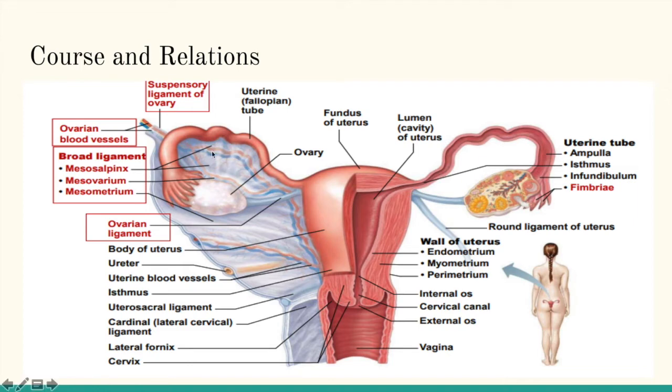The ligament which is present between the fallopian tube, known as the salpinx, and the mesovarium is known as the mesosalpinx. Here this is the mesovarium and this is the mesosalpinx, and the ligament seen between the infundibulum and the upper pole of the ovary is known as the suspensory ligament of the ovary. In this mesosalpinx, you can see the termination of the uterine and ovarian artery. Here this is the uterine artery, and from here this is the ovarian artery. Here we'll see the termination and anastomosis between the ovarian and the uterine artery in the mesosalpinx.